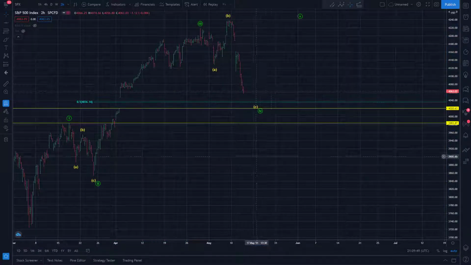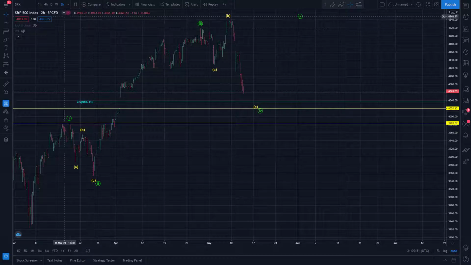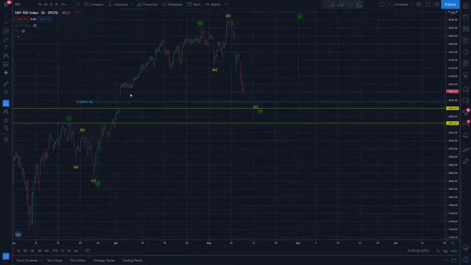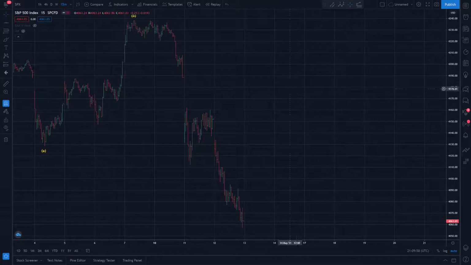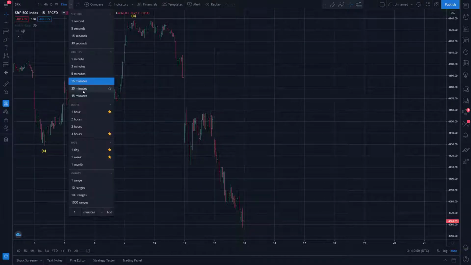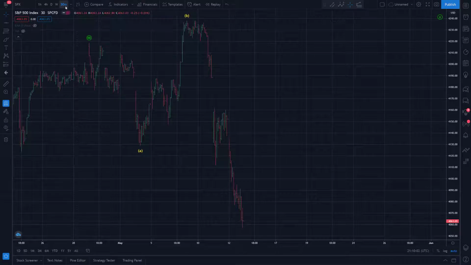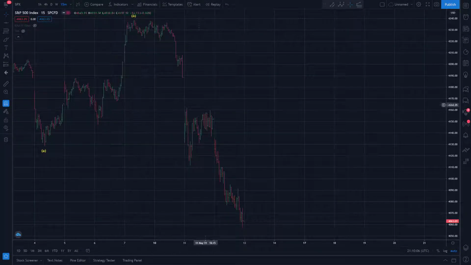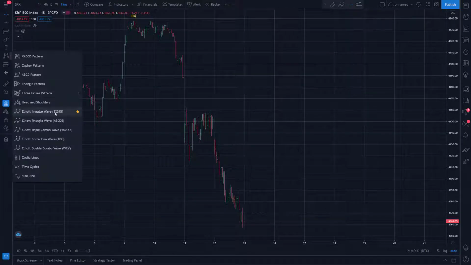And what else do we got going on here? Okay, well, let's go in on, say, a 15-minute price chart. Or maybe a 30-minute. No, 15 was looking okay there. And let's actually go through step by step, trying to label the subwaves of this five-wave decline in progress, okay?